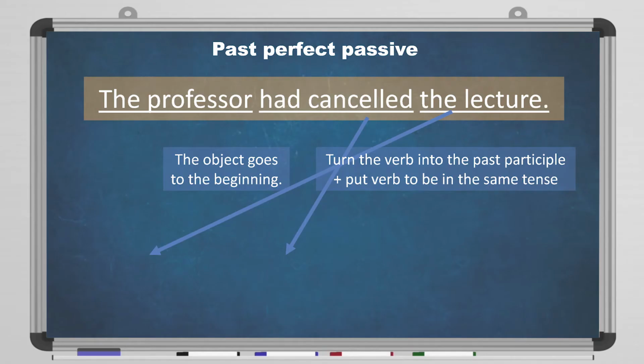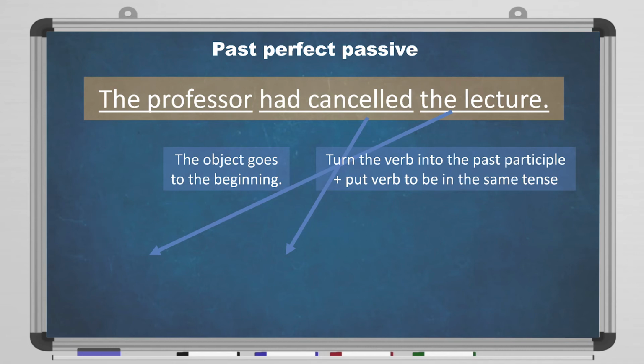Past perfect passive. The professor had cancelled the lecture. Again, had cancelled. Look for the proper verb to be. It's had. So think, is it be, or been, or being? Let's follow the steps. Bring the object at the beginning of the sentence, the lecture, and then choose a proper